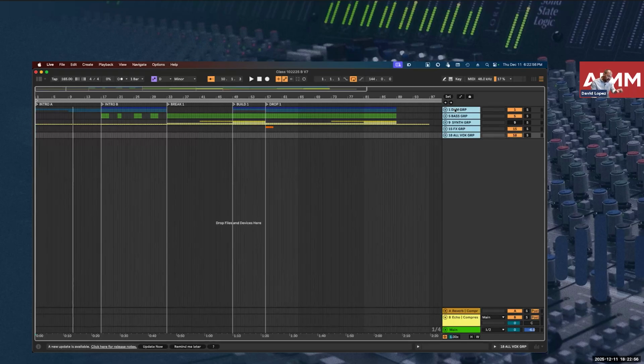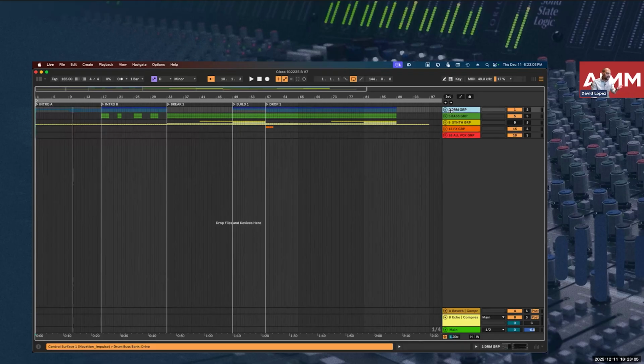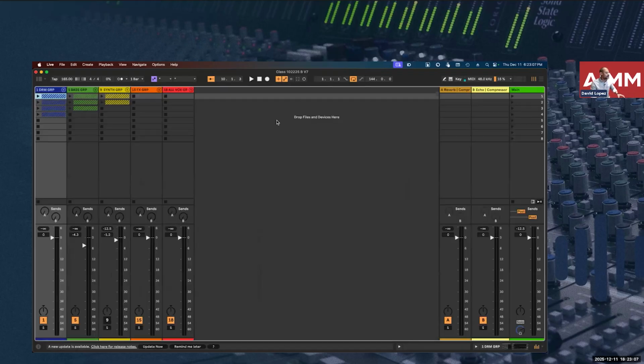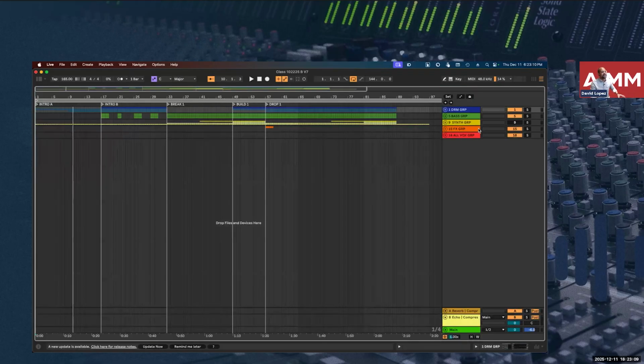Now, you may notice before I hit play, I am going to expand or show you all of the different tracks here. But you may notice what we see over here is the same exact groups that I mentioned to you in our other view, all right? This arrangement view is just for doing what it sounds like, for actually creating an arrangement, again, having different parts